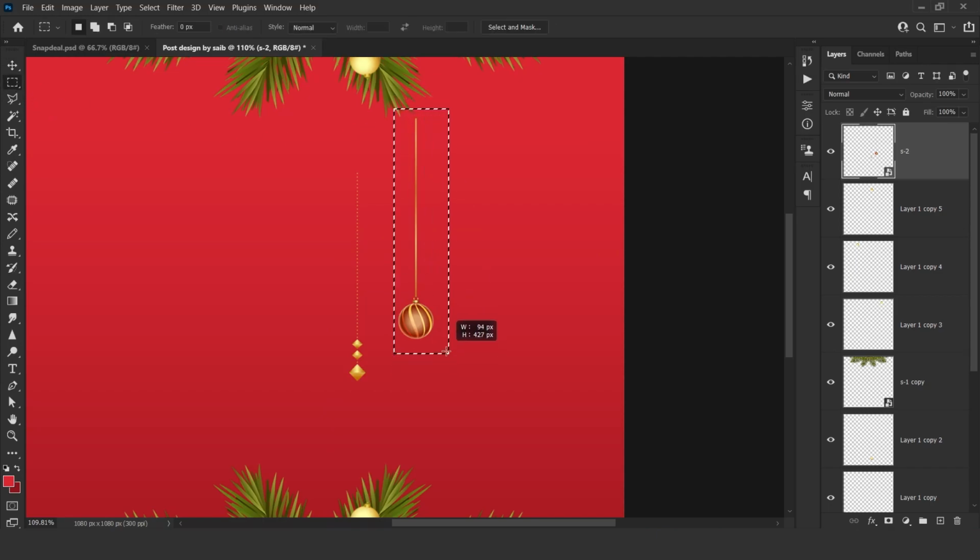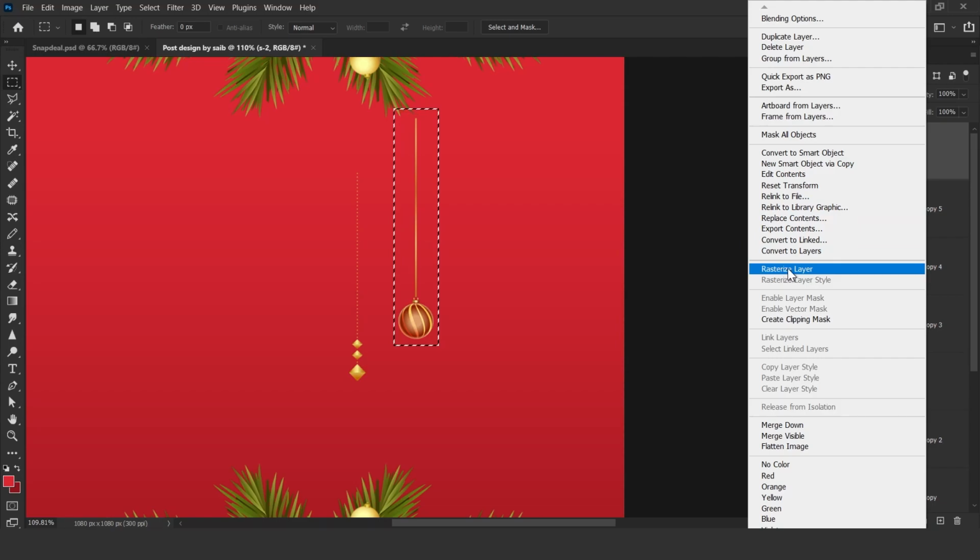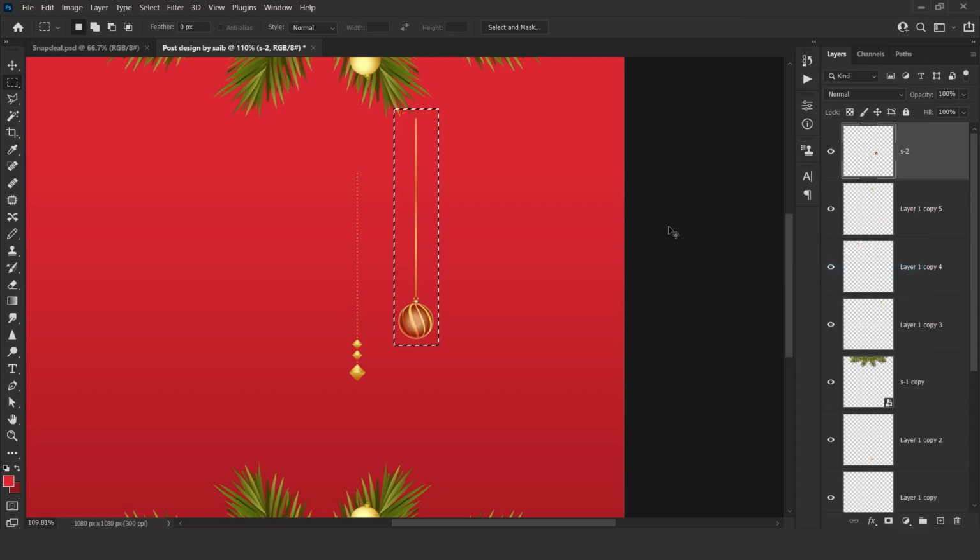Selection tool, make a selection for this, press Ctrl X. Before pressing Ctrl X, make sure you have rasterized the layer, so click on rasterize layer and then press Ctrl X, then Ctrl Shift V. So we have this separate layer and this one is also separate.